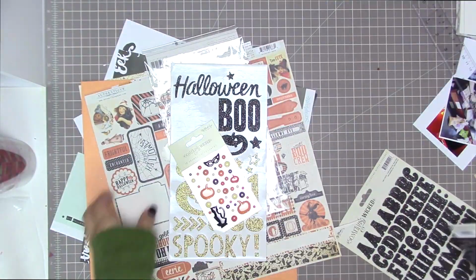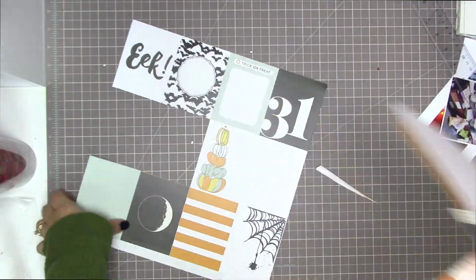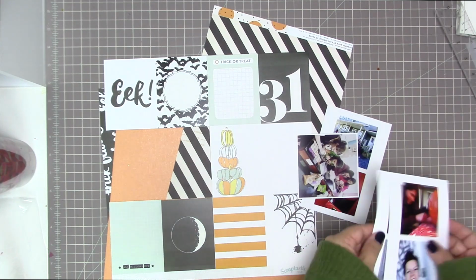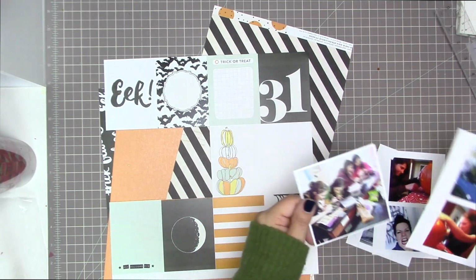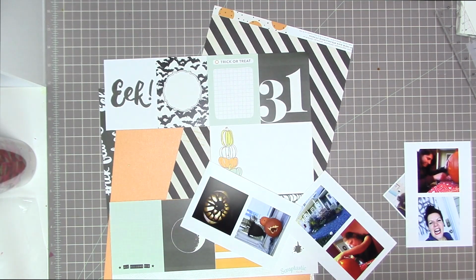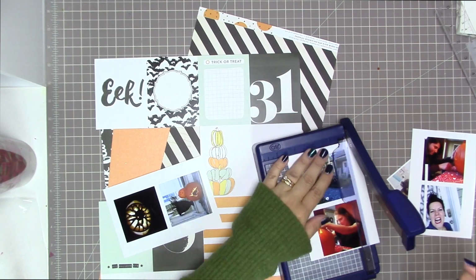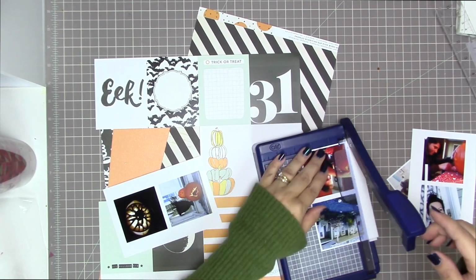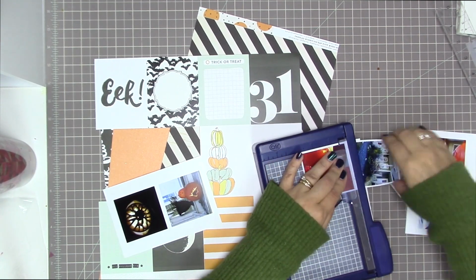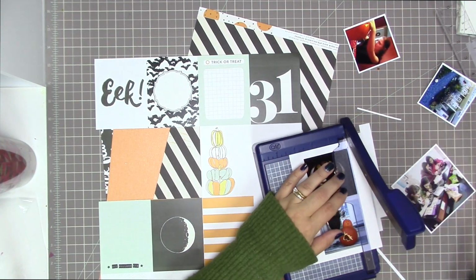Okay, so here I am just with the contents that are left from the This Is Halloween add-on, and I'm just having a look at what photos I have left. My original intent was to use that larger 3.8 by 3.8 square photo of the kids making candy melts for Halloween. I really want to get that one scrapbooked, but as I was looking at this, I really thought our